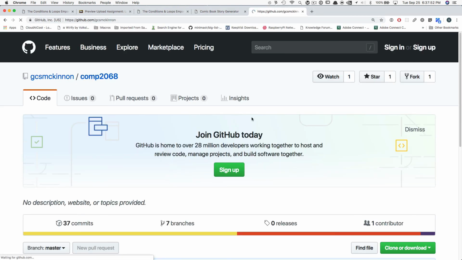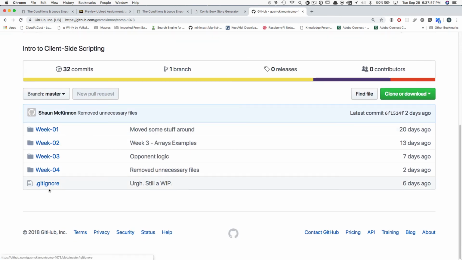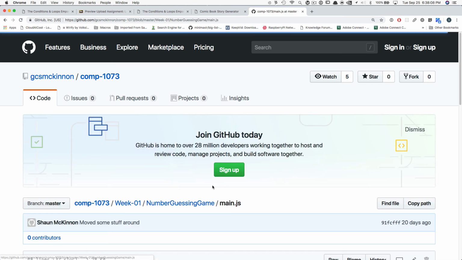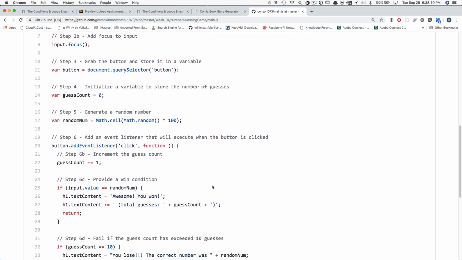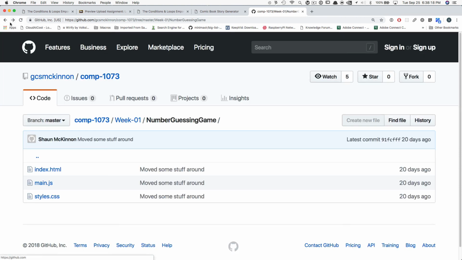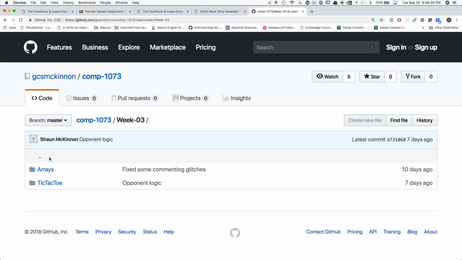So we'll go to GCS McKinnon, Comp 1073, and we didn't cover accessing random, but we have done it a few times. So the first place we did it was in the number guessing game. Under main.js, there is a way to generate the random number there. That's one place, which you could generate a random index. If you want something a little bit more specific to the arrays themselves, there's a couple of different places, but the one place would be week 3,